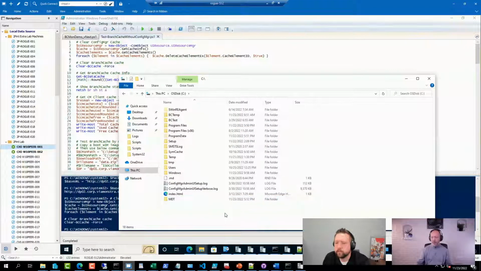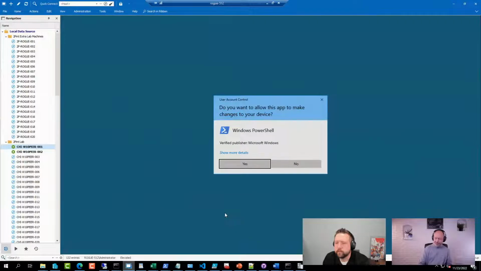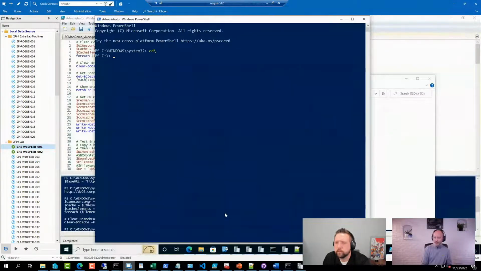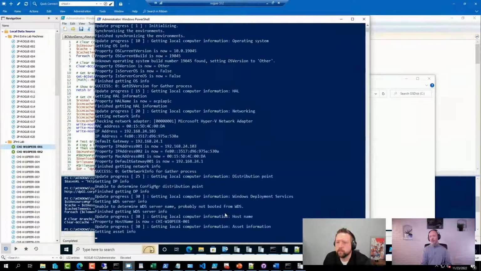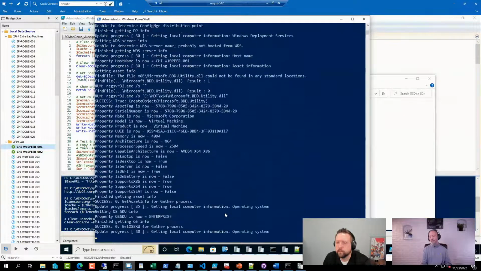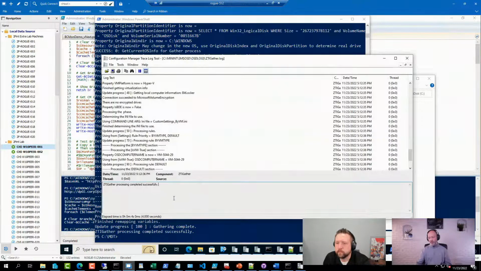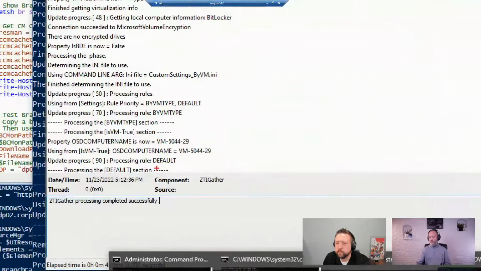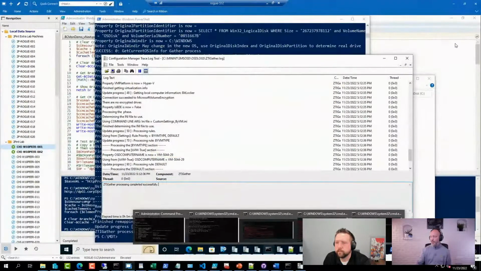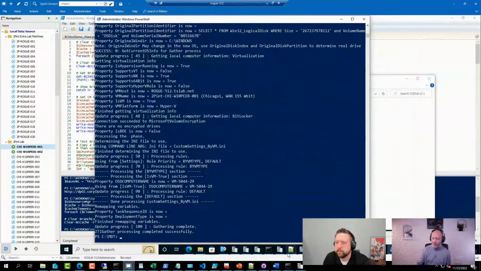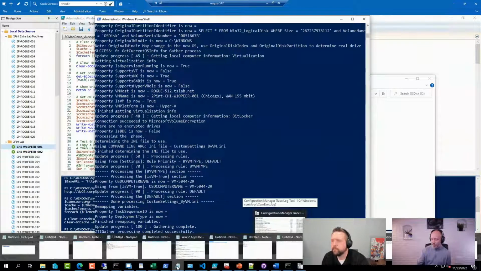And then open up a PowerShell prompt. Go to the same folder, run the same simulation again. We should see a different behavior. It should detect that this indeed was a virtual machine and do that prefix instead. So you can definitely do stuff like this using rules in the ini file,